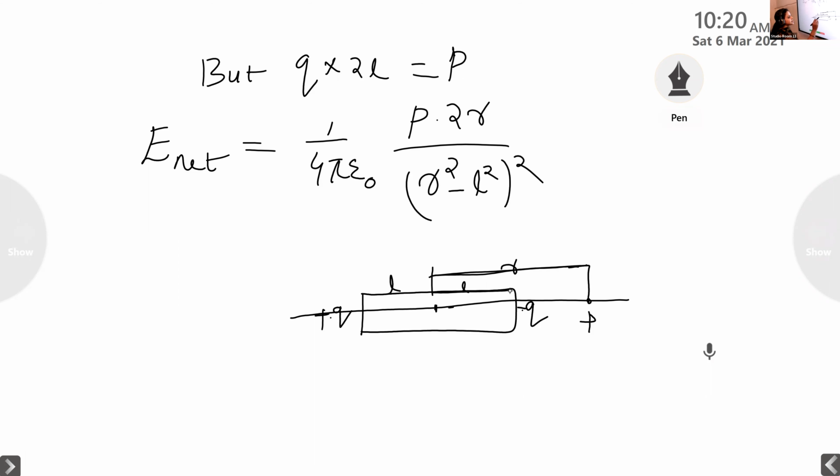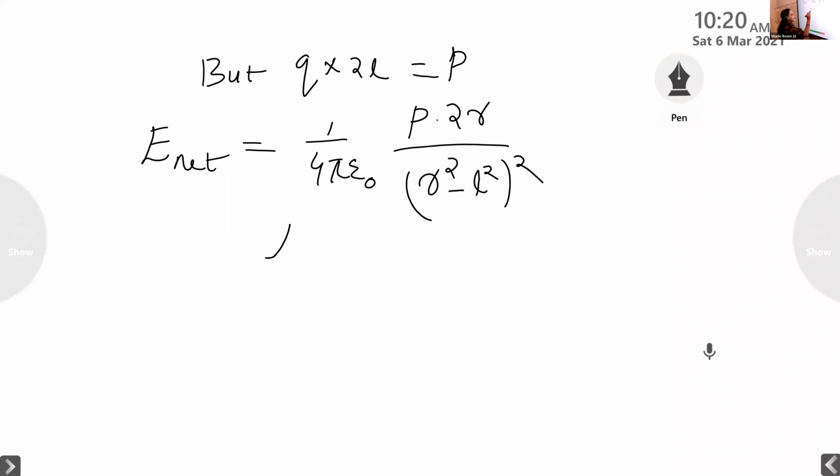When we compare the distance R, from the center of the electric dipole to the particular point P, with the distance from the center of the dipole to the charge, which distance is large, R or L? R. Yes, R is very large as compared to the length L. So the length L is very, very small compared to the distance R. We can neglect that term because that distance is very much less than the distance of the particular point from the center of the electric dipole. So we can neglect it.